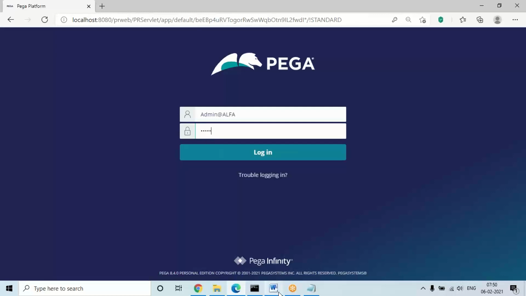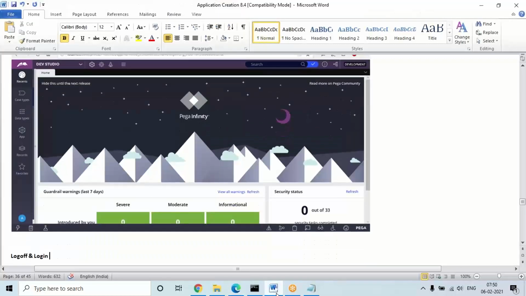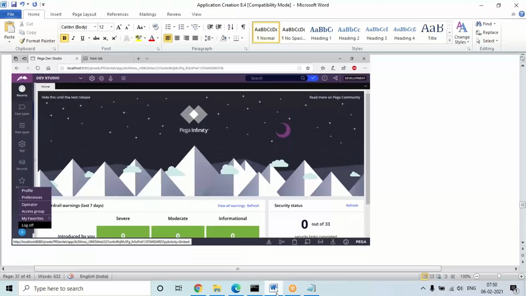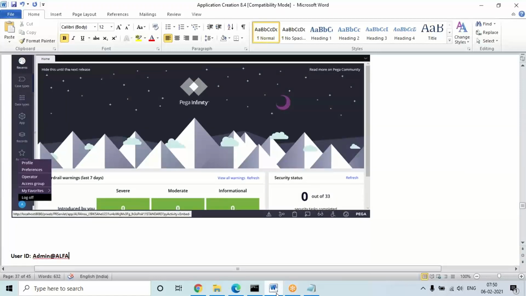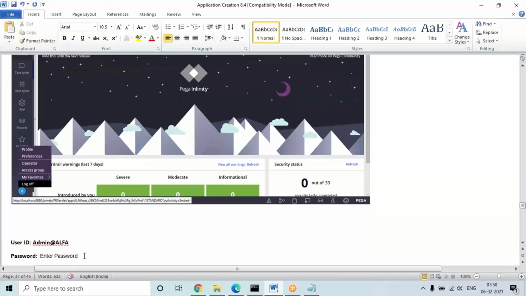Okay, so enter the ID, admin@alpha. Now you can give the password here as rules, because that is the password generated for the framework application earlier. The updated password I have taken is rules. So enter the password as rules.